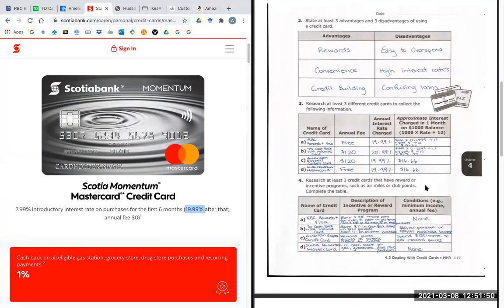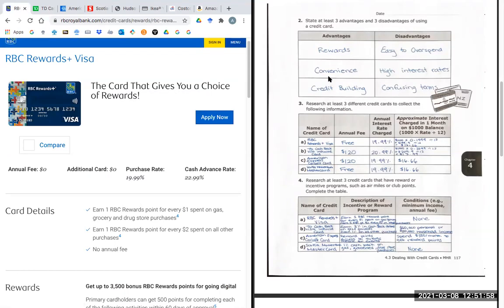Okay, using these same 4 credit cards, we're going to talk about the incentive or reward programs that these cards have to offer. We kind of discussed that in the advantages part of using credit cards, so we'll look into it in more detail now. So the RBC Rewards Plus Visa,